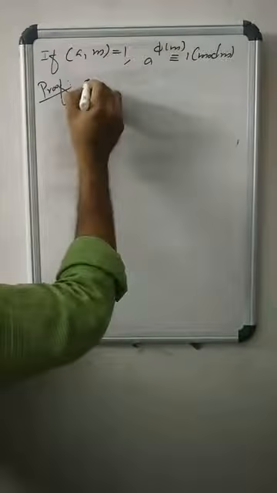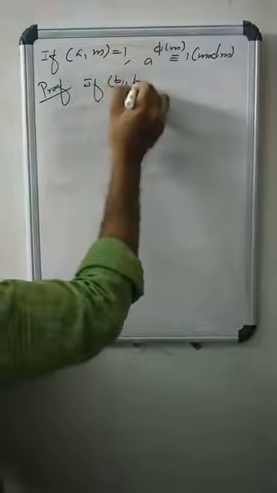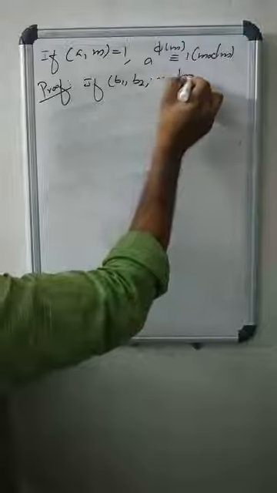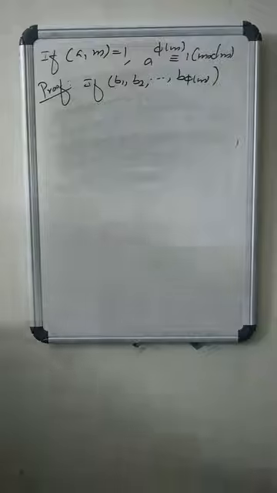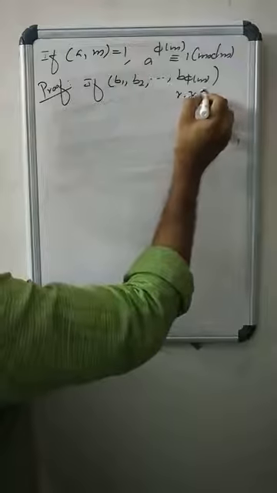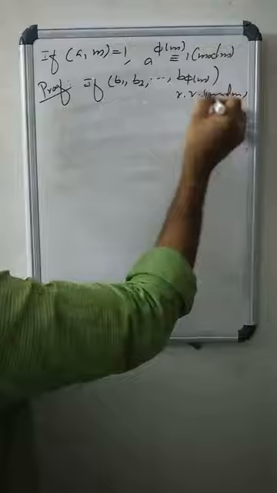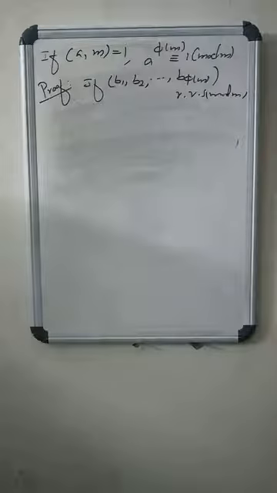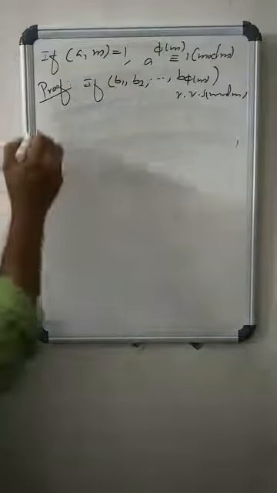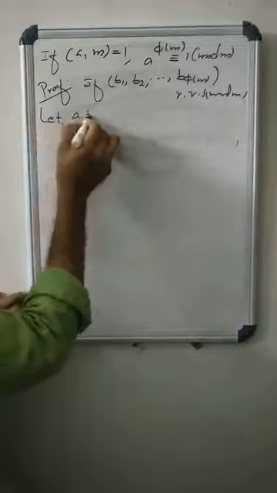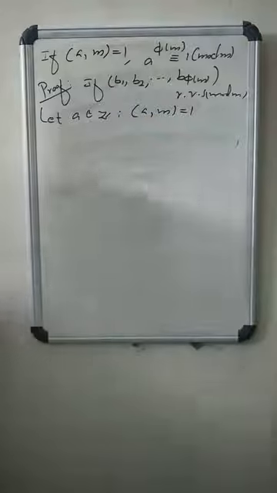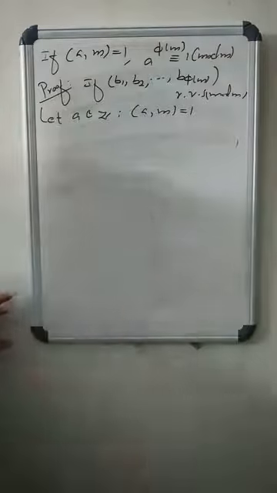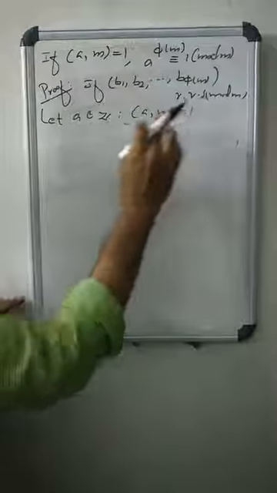Let b1, b2, etc., b phi of m, a set of phi of m integers, constitute a reduced residue system mod m. Let a be any integer with a and m relatively prime. Then, since b1, b2, etc., b phi of m form a reduced residue system and a and m are relatively prime,